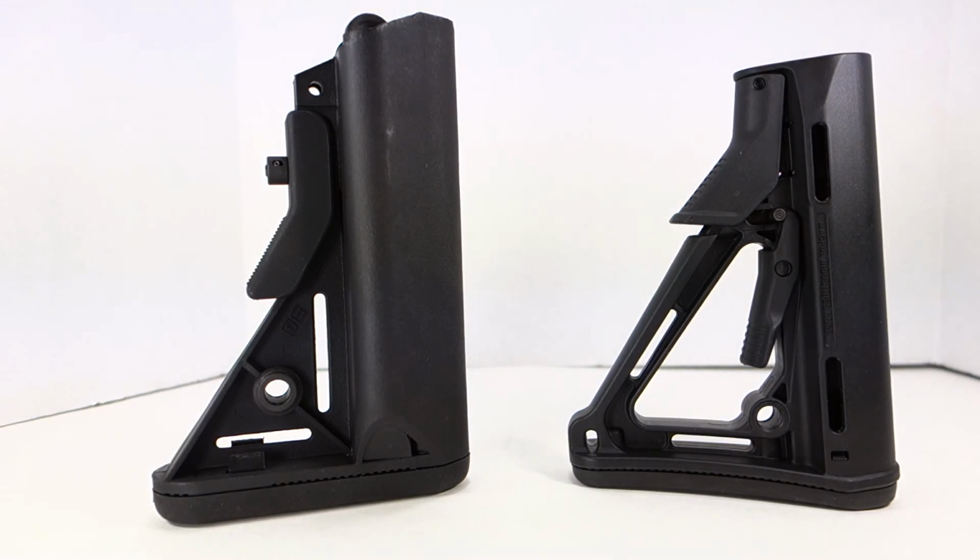In this review, I'm going to take a look at the B5 Systems Enhanced SOPMOD Stock and the Magpul CTR Stock. The Magpul being on the right and the B5 on the left. This is the first B5 stock that I've had a chance to play around with, and